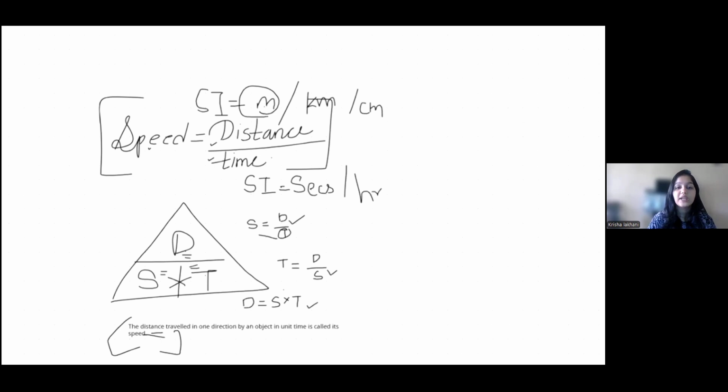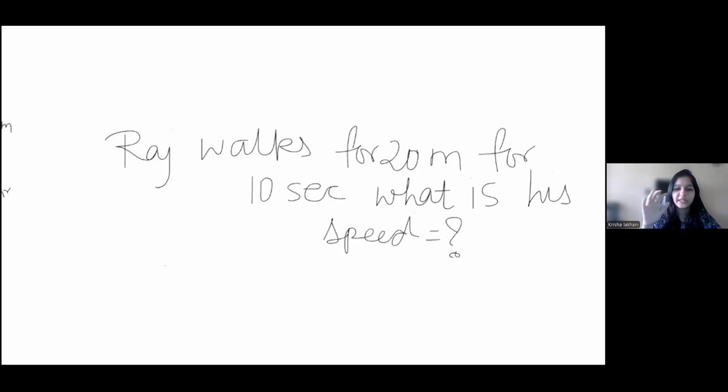So here I will explain it to you. If meter is given and second is given, okay, let me give you one example. This is a hypothetical question that I have asked here. Please understand, it is a hypothetical question. Nobody can do this, but still. Now Raj walks for 20 meter. He will walk 20 meter in 10 seconds. What is his speed? Okay. So now here you have to see what the question demands.